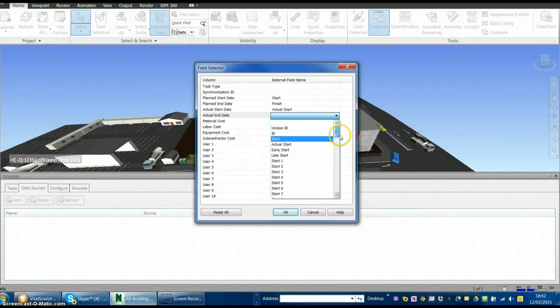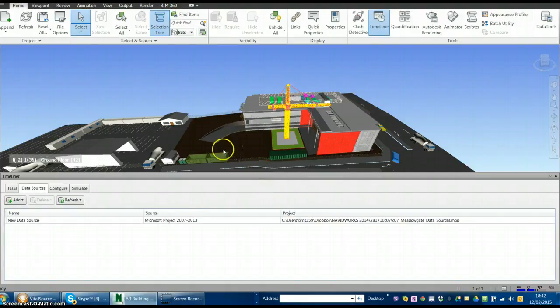So let's find out. So we have got actual start here, and the actual start would correspond to the actual finish. Once you have done that, the columns from Microsoft Project would be mapped to the columns within Navisworks,